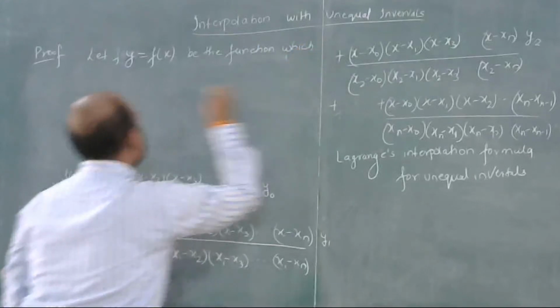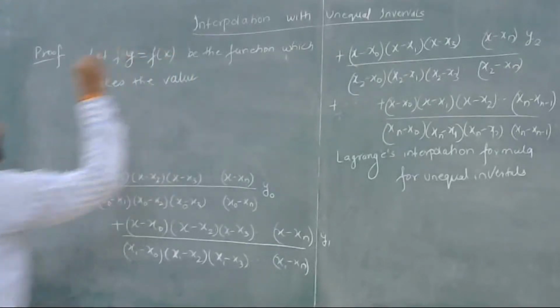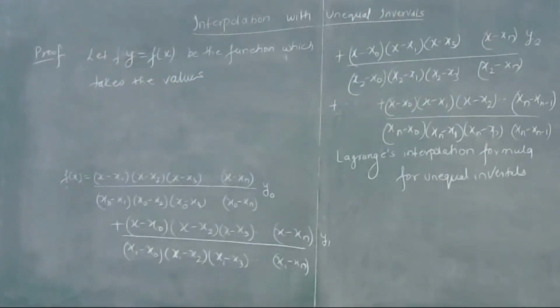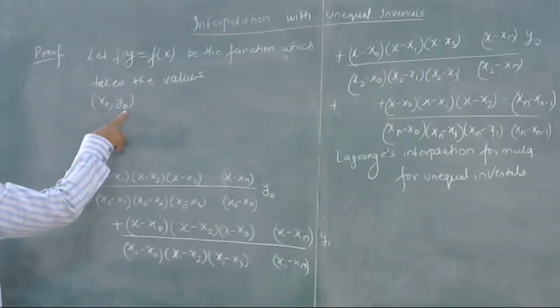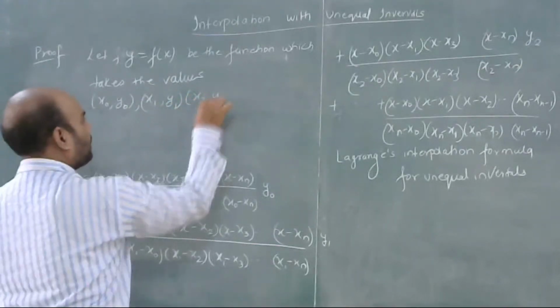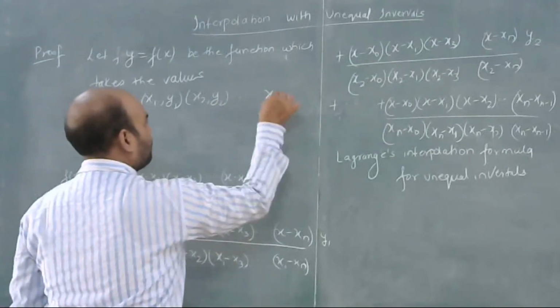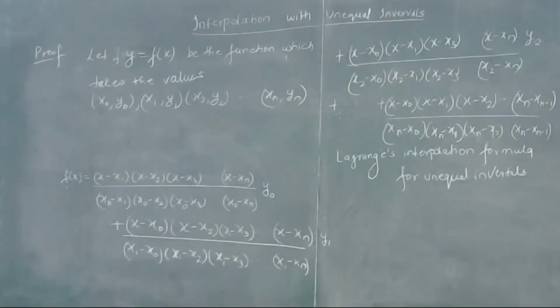which takes the values of x, y. Okay, which takes the values of x0, y0. So first value of x is x0, first value of y is y0, x1, y1, x2, y2, and so on to xn, yn. Okay, so this is the value. Now let this polynomial be formed